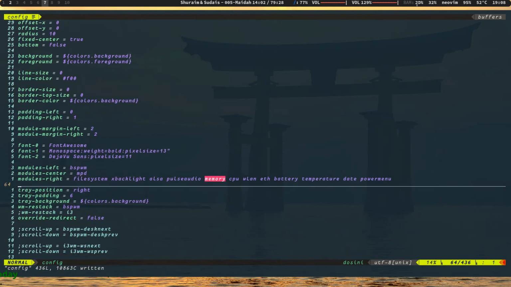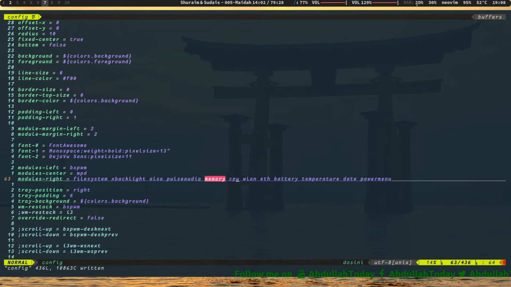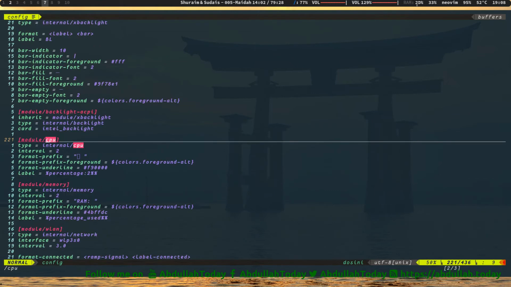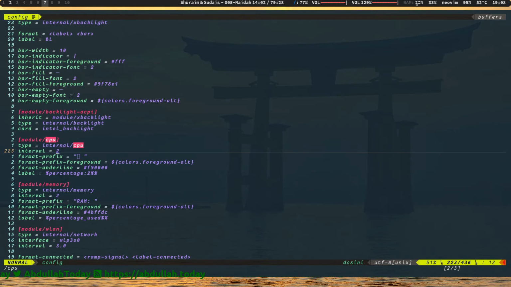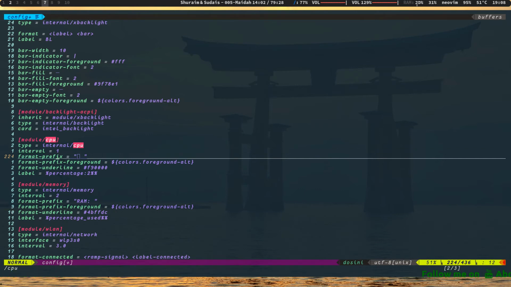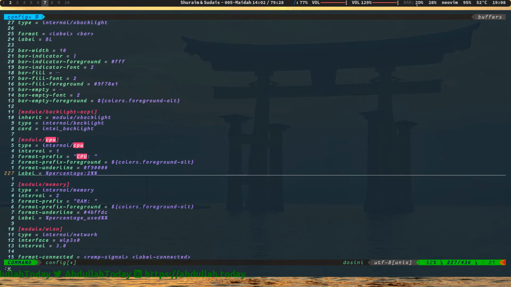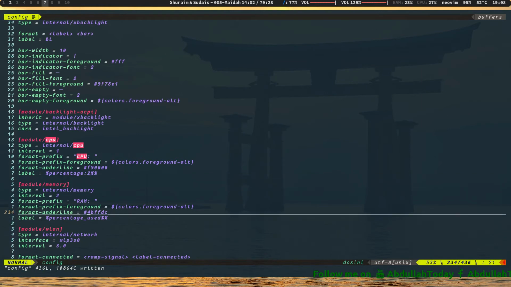I want in my status bar CPU. This one is CPU. So again it is an internal module. I want it every second, prefix it with CPU. You can see here is the CPU, and now we want